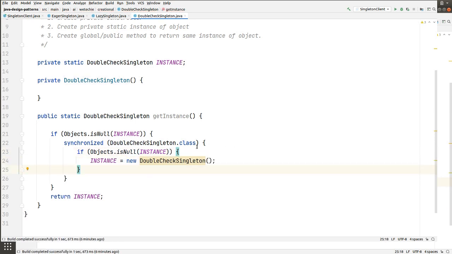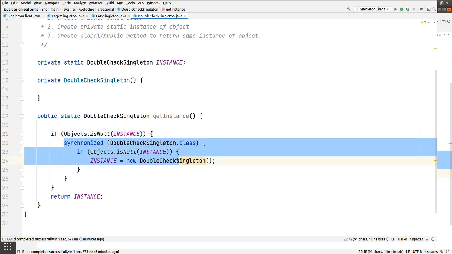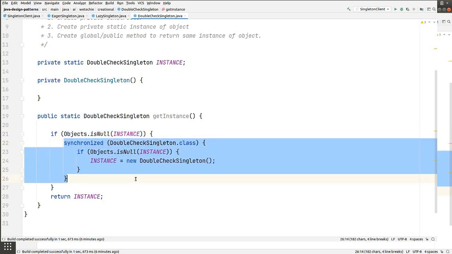Let's say thread A and thread B have both entered this method at the same time, but only one thread will be able to access this piece of code, the one which I have selected, right?